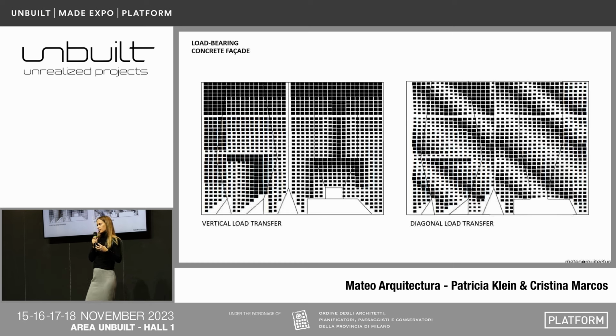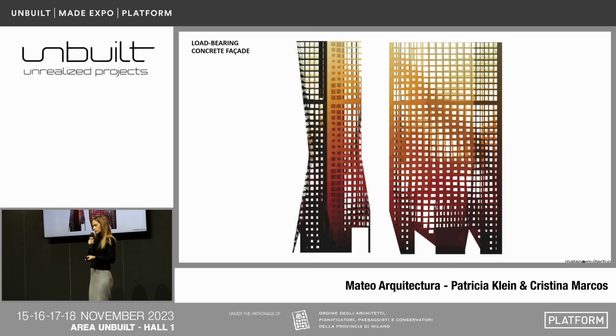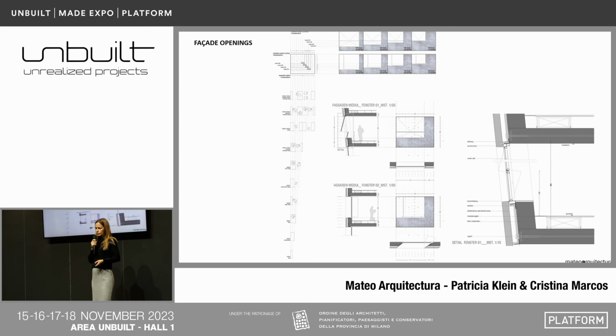That would make the building have an expressive facade, and also not have only the bigger windows in the upper floors. It was a combination in all floors. So, well, those were all the studies of the engineers that finally made it look like that. You can see the expression of the structure in the facade, how the loads are going down in diagonal lines. And there was all this study of different window openings and different treatments of the windows,